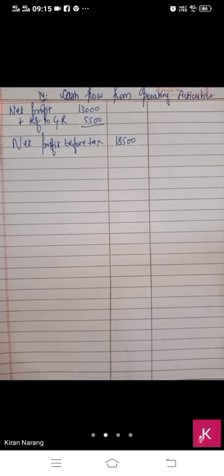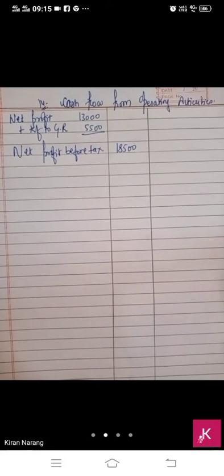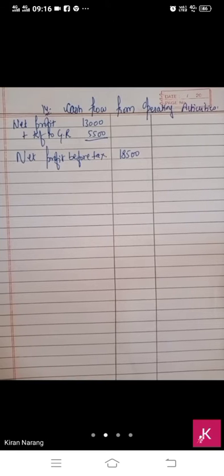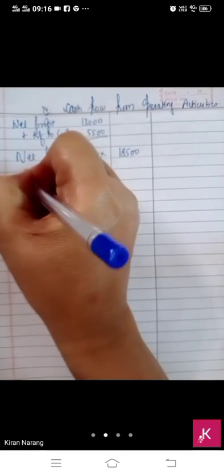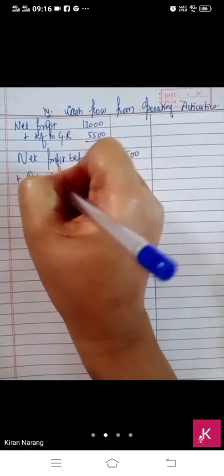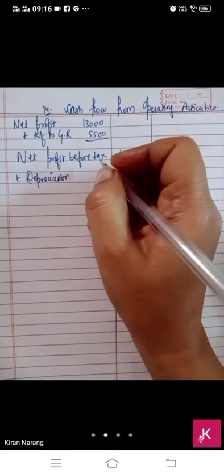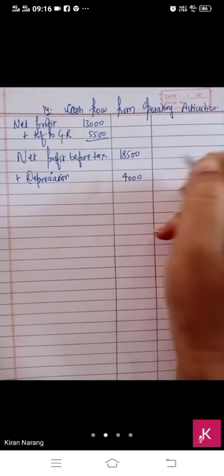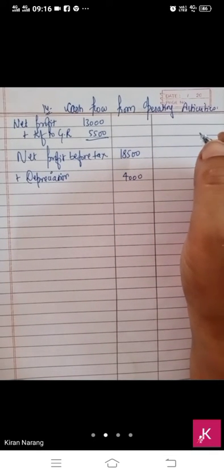Now have a look at the second note. Long-term borrowings are given to you. It will not be recorded in operating. It is a financing activity, but we have to consider the interest. 10% is given to you. That is the interest. We will consider it later. Then tangible assets, machinery is given to you and depreciation is given to you. Just add the depreciation, because you are making only operating activities. 9 to 13, this is 4,000. Depreciation of the year will be 4,000.